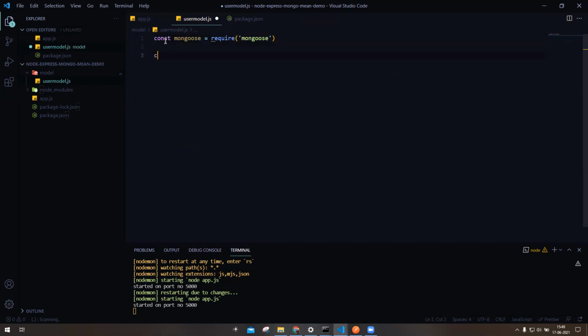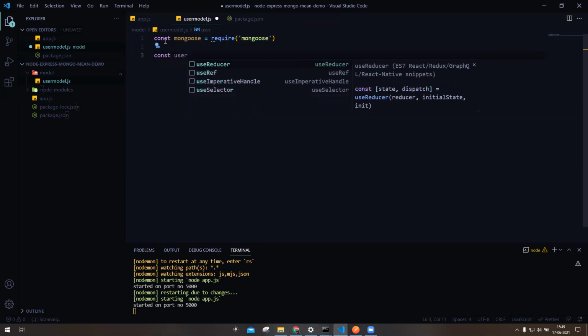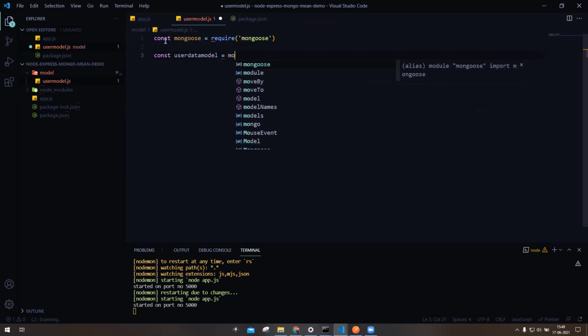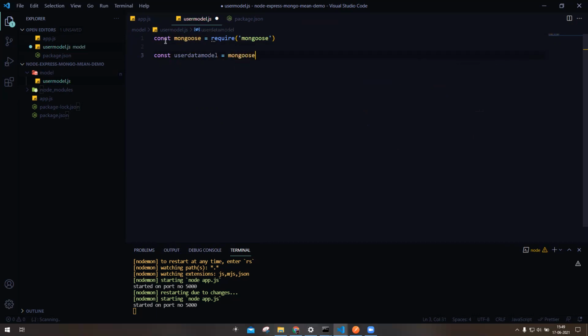And then we will create another variable for the user data model, and we will call the mongoose.Schema function. It will take an object, and inside this object we have to define what will be the schema for our document in MongoDB.